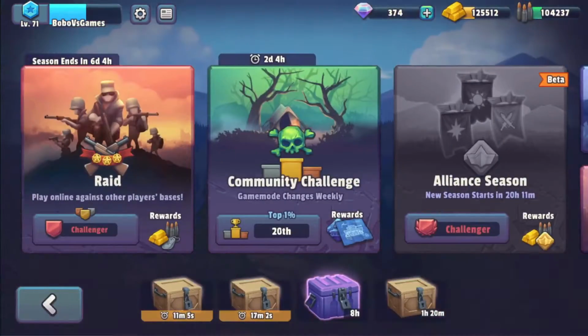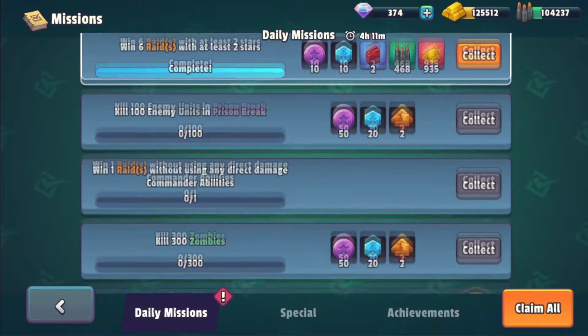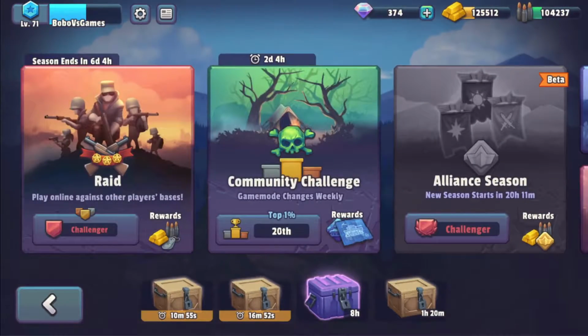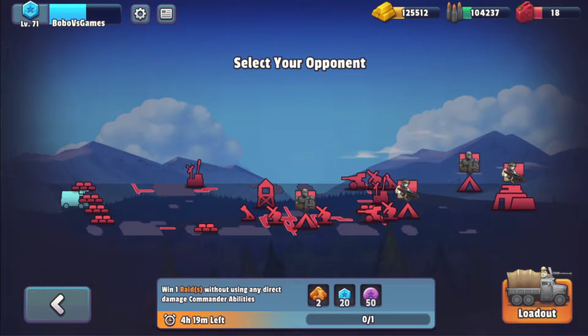Hello my friends, well guys, some of you asked me how I do the mission without using any direct commander abilities. Well guys, this is different for every player. We are at a different level, all of us. It's hard to be in the same situation, but I will show you exactly how I do it on my main account and how I do it on my small account that is just created,